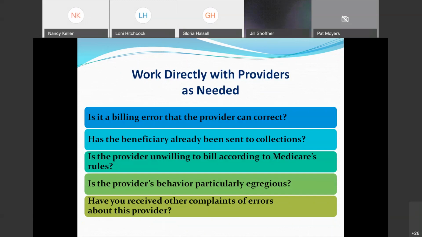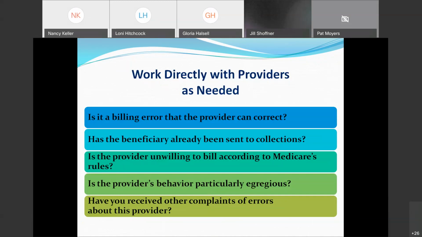So most of the time when I work with the collections company, for example, if it's a QMB and they've balance billed that QMB, I will call the collection company using the release of information that I have, because most of the time the collection companies will not talk to me unless I have that release of information. So I have to call them, get their fax number, so I can fax them that release of information. And most of the time I also fax them a letter that I have typed up where the beneficiary is